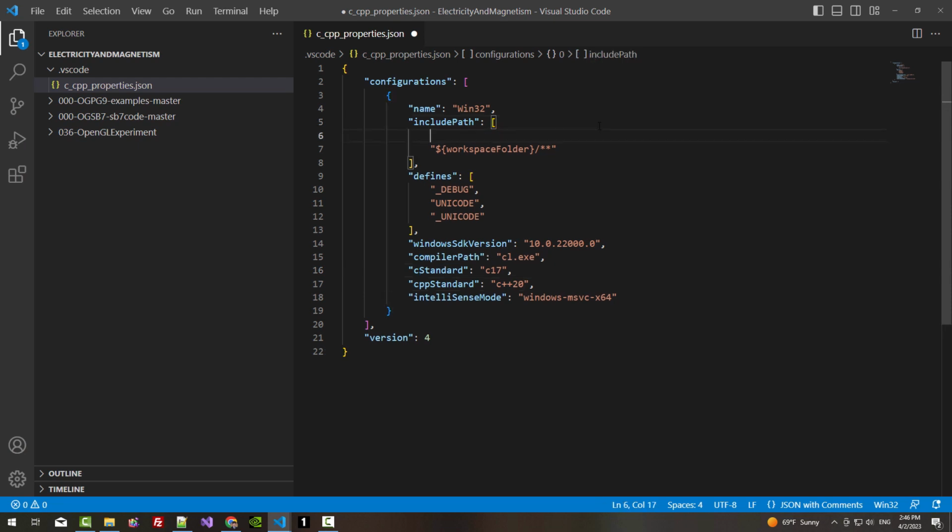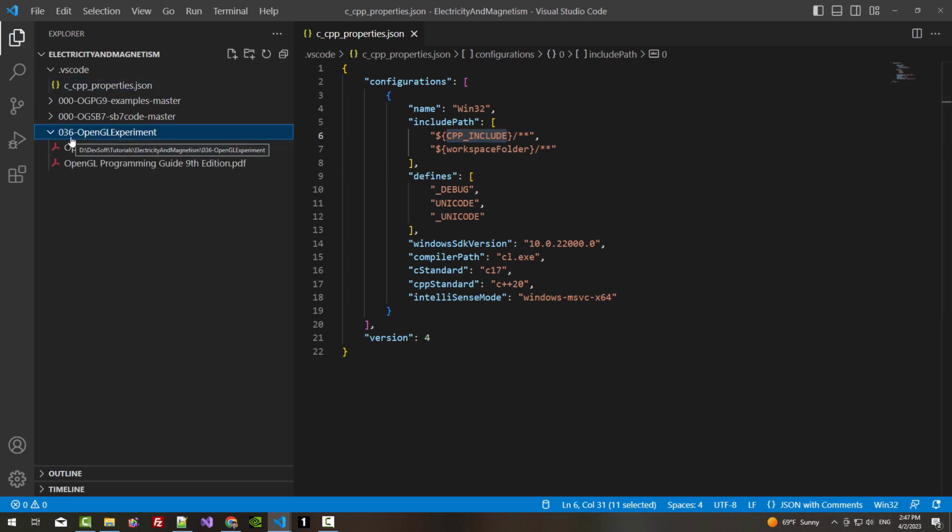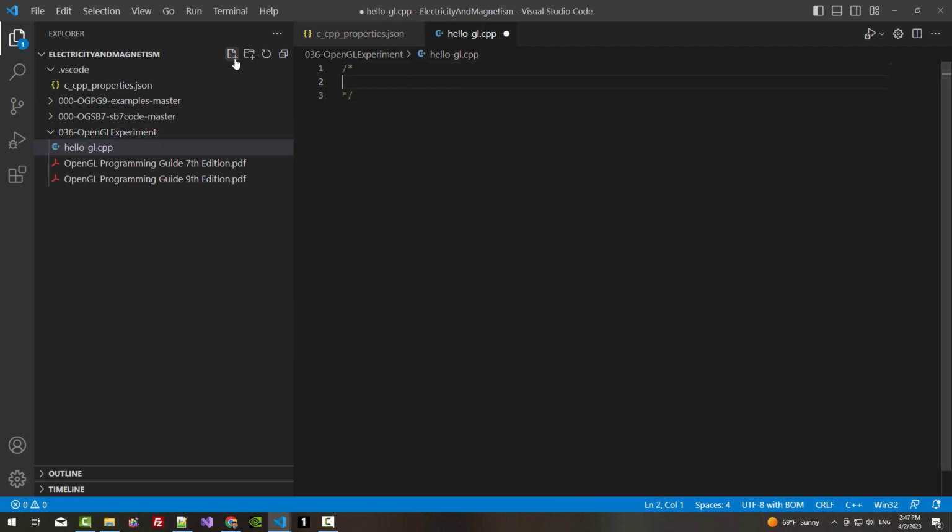Here, quote, $CPP include, 2*, slash. I will discuss CPP include shortly. Now select folder 36 OpenGL experiment. Click this button. Hello GL.cpp. Hit enter. We have to define this